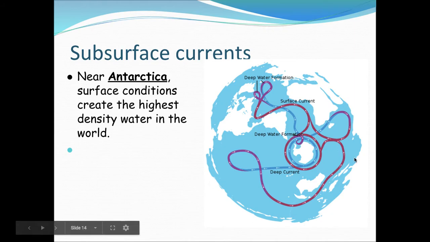All right, around Antarctica, this is a really vital part of the world's climate, if you will. When we talk about climate and climate change, a lot of people will cite things happening around Antarctica, things happening in the ice shelf around Antarctica. And you might be like, well, nobody lives there. Like, low-key, nobody lives there. It's the only place where coronavirus isn't at right now. So why do I care about Antarctica? Because nobody lives there. Well, it's because around Antarctica, you have very dense water, and that kickstarts this whole global